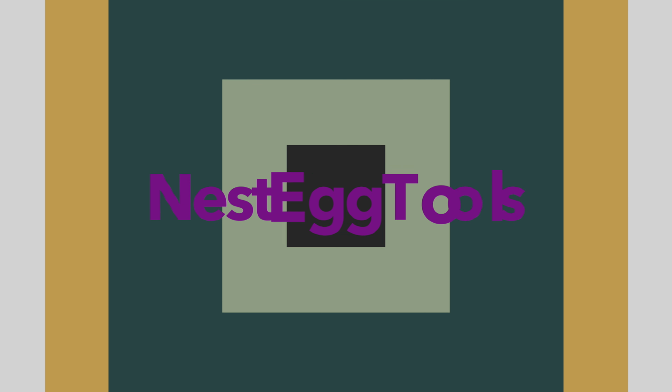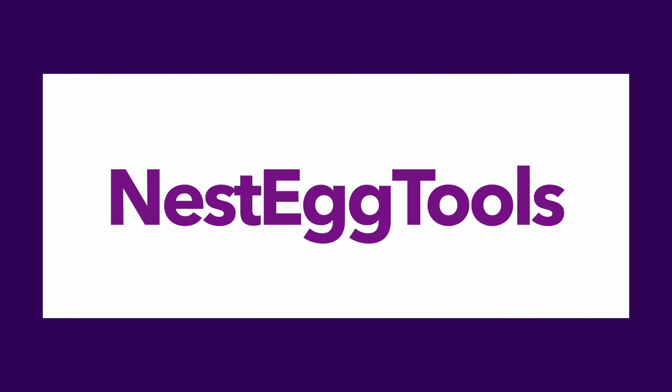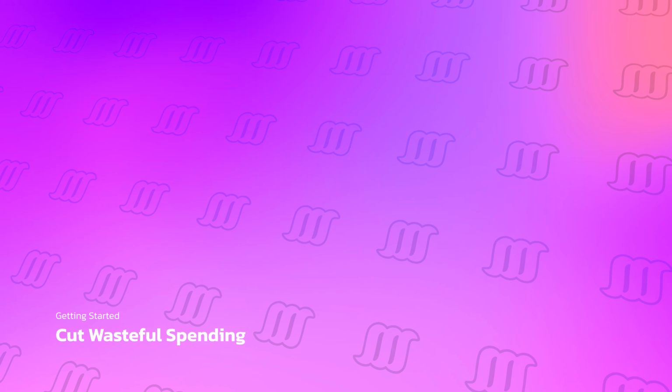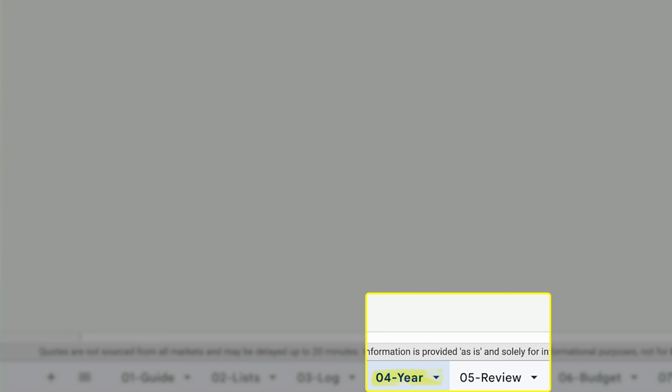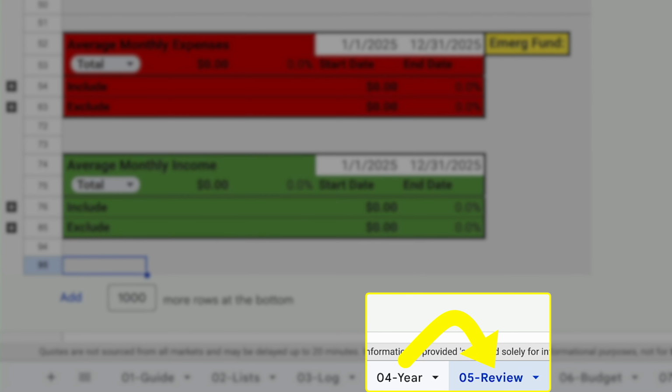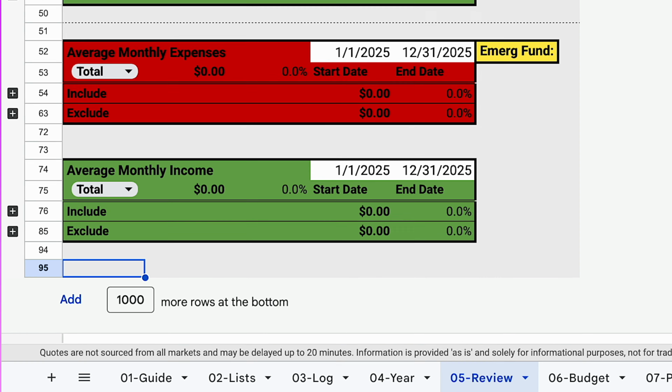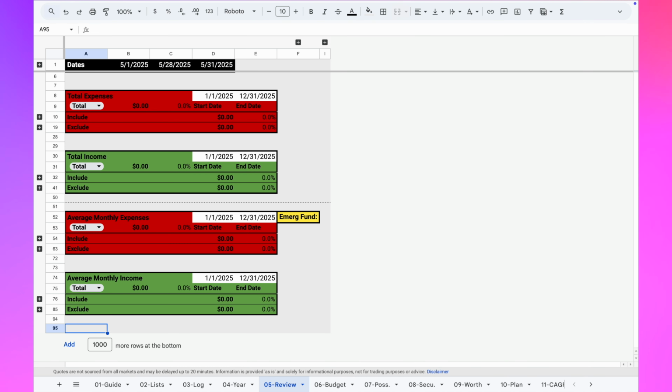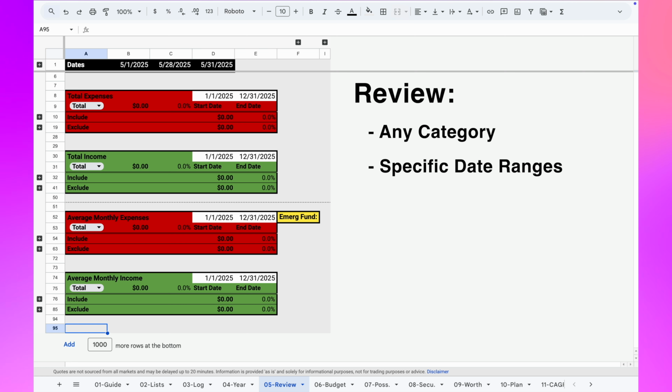Money moves fast. Once you see where it's going, you can start moving it where it matters most. While the Year tab tool gives you a great overview of your cash flow, the Review tab tool gives you a customizable look at your expenses and income. It's your tool for diving deeper into subcategories, filtering for specific date ranges, and tracking how your money trends are